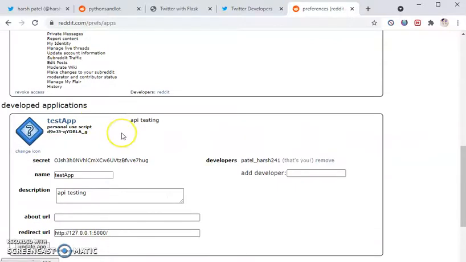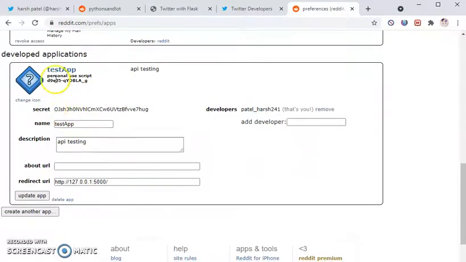I can show it to you guys. I had to get the ID and the secret from here. This is my developer name, the name of the application, a brief description about the application, and the redirect URL will be localhost, since I'm hosting the application locally on my PC.